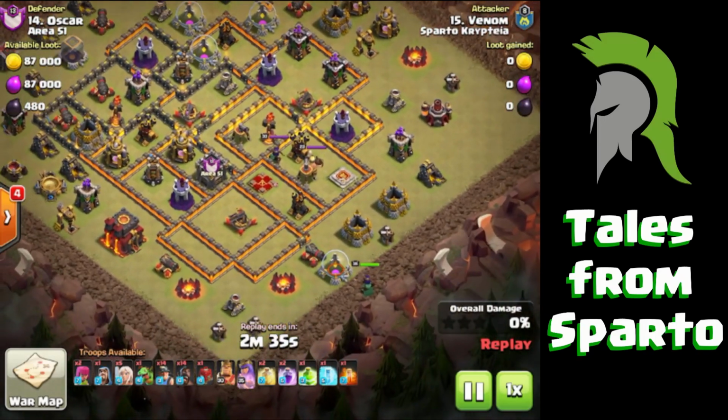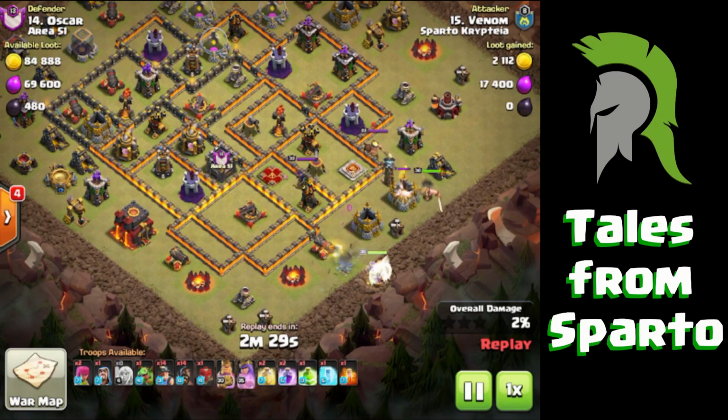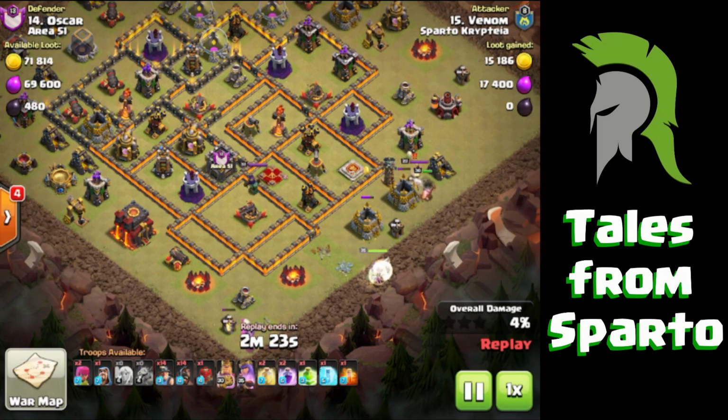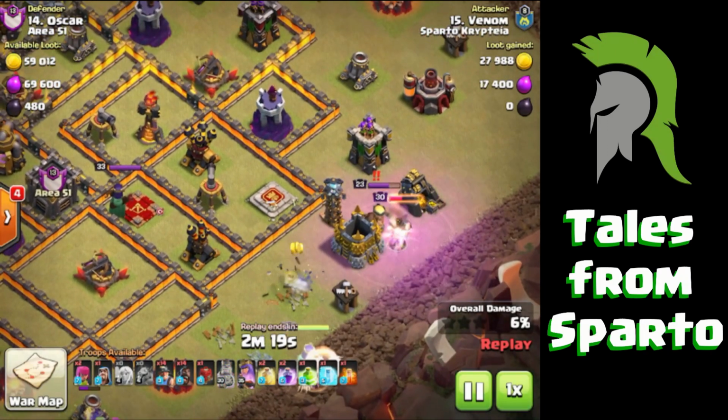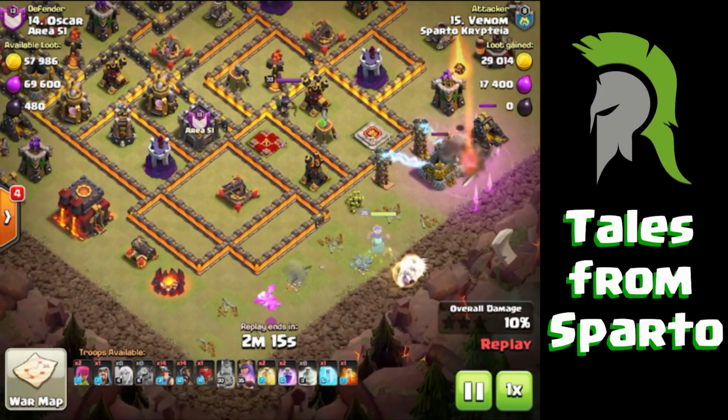See at this side, he's got the queen down, he's got the healers down as well, and he's trying to get the queen to go in and take out the CC and the enemy queen. That's his aim. And all you're doing here, you can leave the enemy queen, he's got the king up at this side,